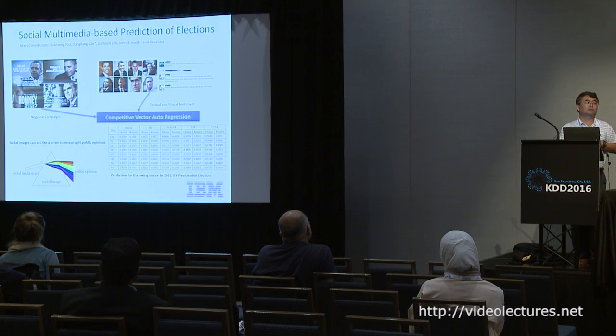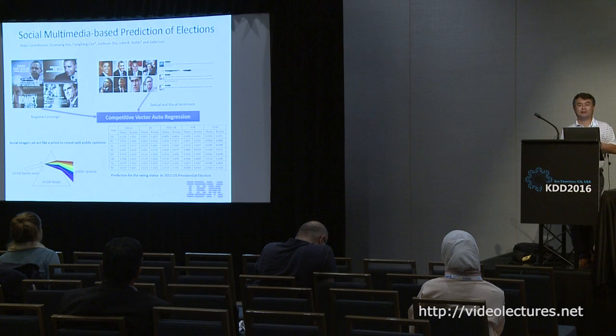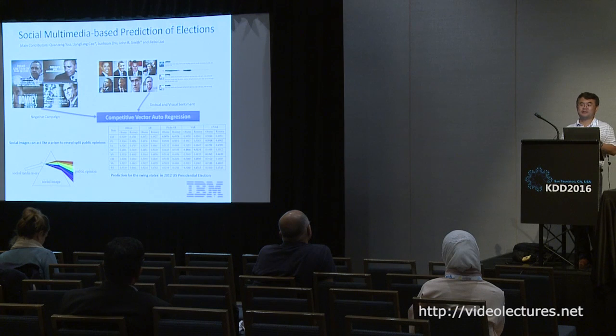We started doing this in 2008, and at that time we were doing something very rudimentary. We were just saying, okay, the more you share images about a candidate, the more likely you're going to vote for this person. But that ignored a major phenomenon in U.S. politics, which is called negative campaign. You don't like Obama, it doesn't mean you don't share images of him. In fact, you want to share images of him. You just pick the pictures in which he looked like a bad guy.